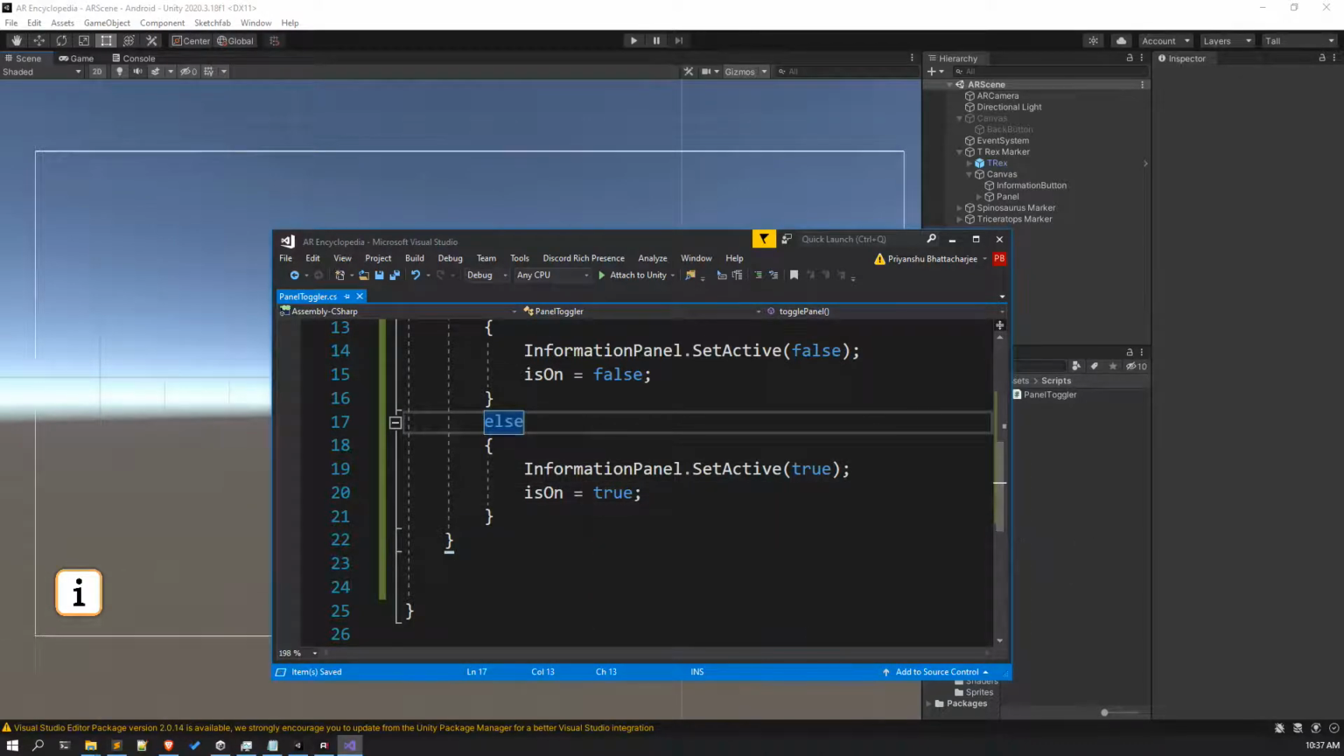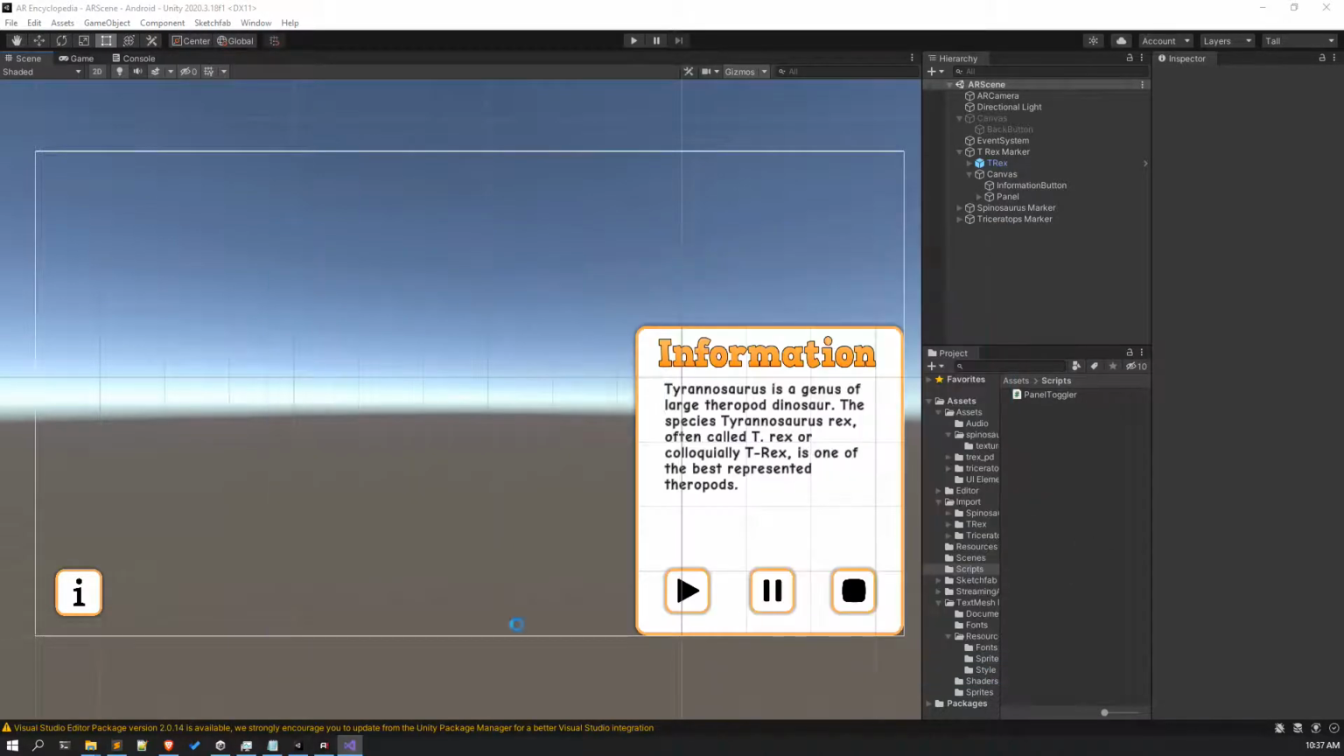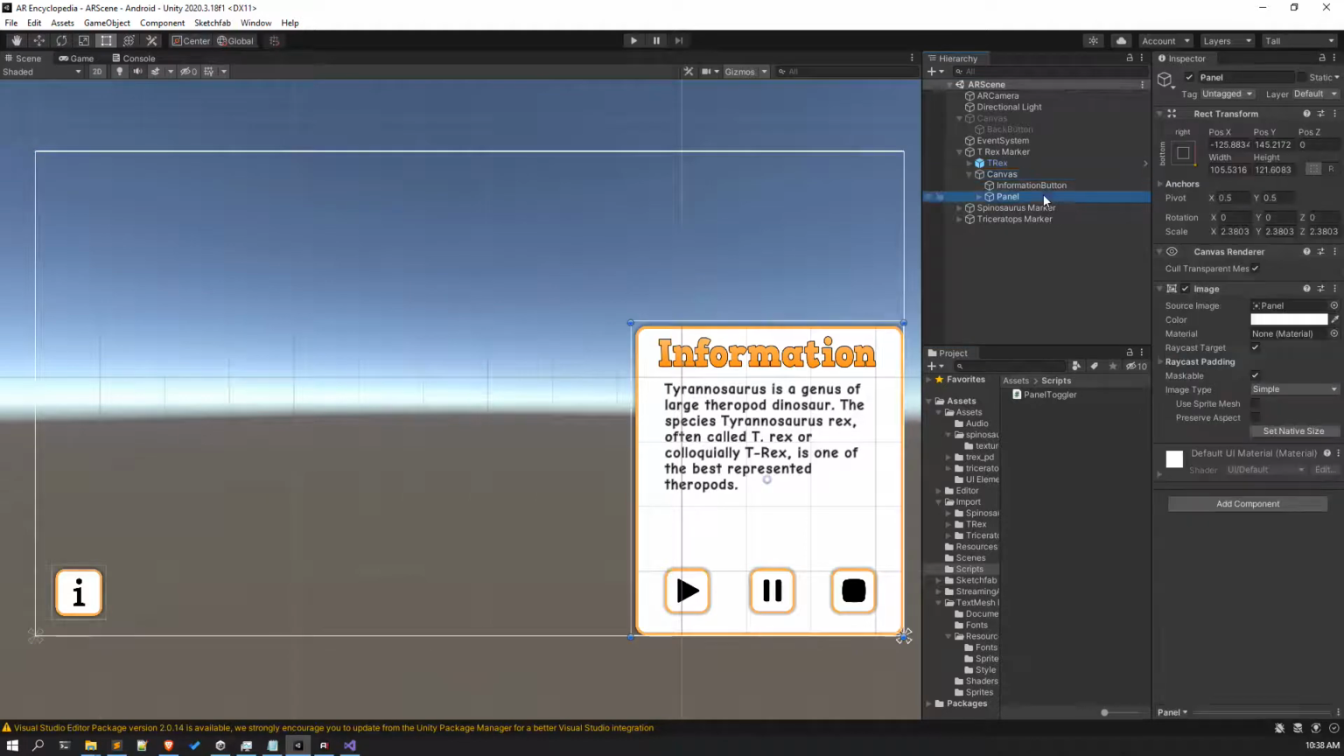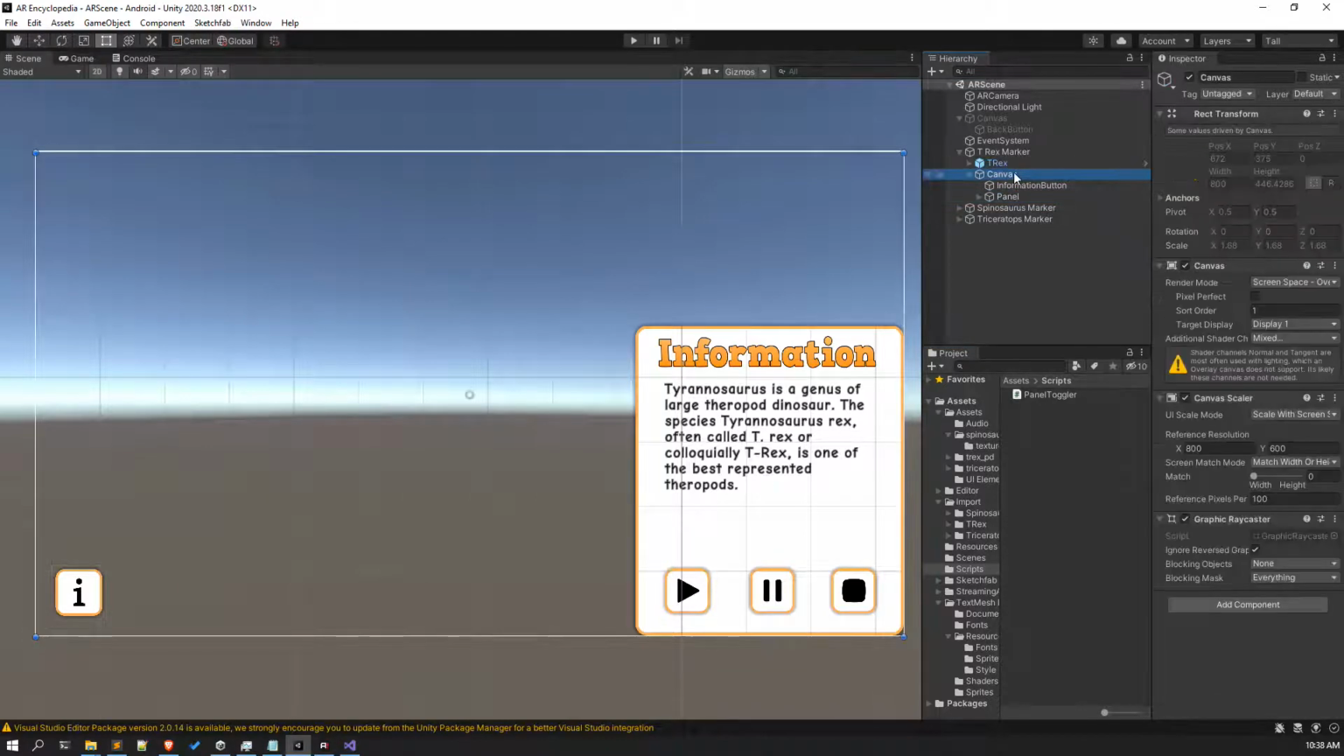Okay, very great. So now let the script compile. All right, so our script is compiled. What you have to do is go to this canvas. Add the script in here, drag and drop this information panel in here, and you have the information